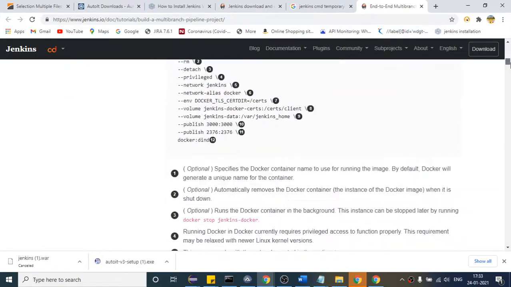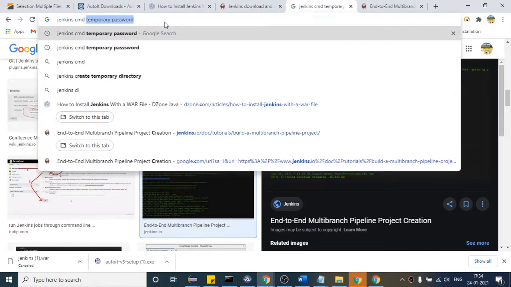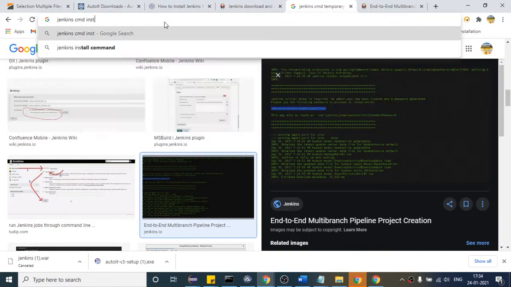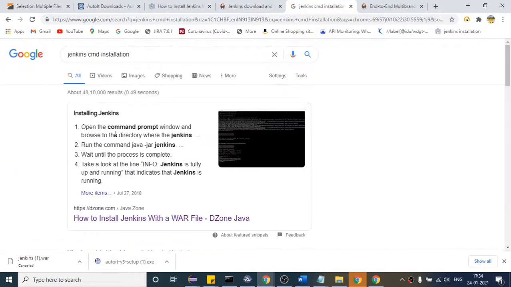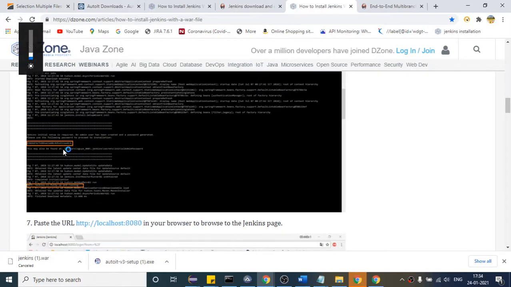Let me try to maximize this. Right, as you can see here, it says please use the following password to proceed to installation. When you run this command for the first time, after some time you will see this, right? So copy this, and hit this URL in your browser, right? Once you hit this URL,